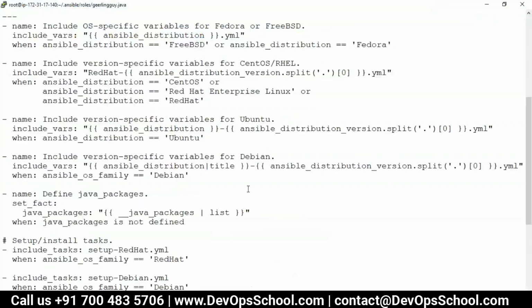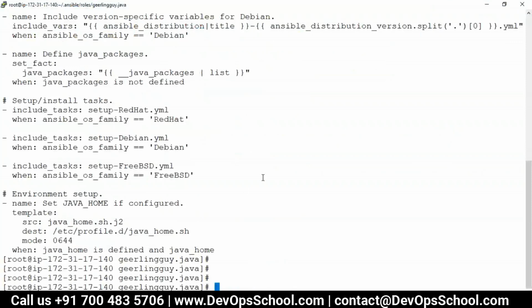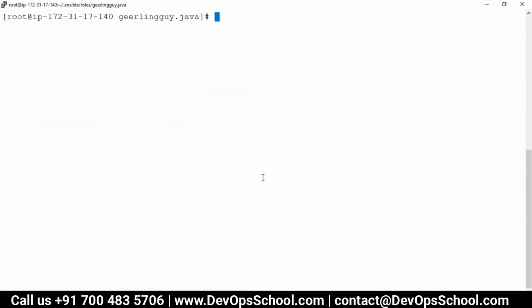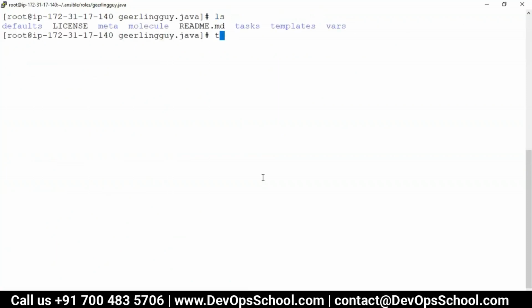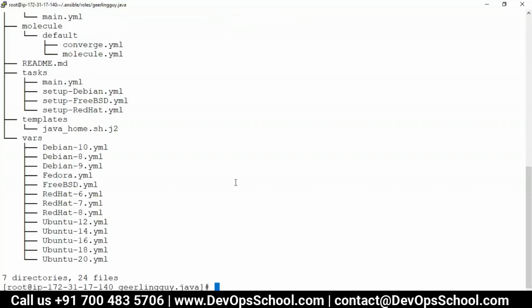If you want to change the Java version from 1.8 to 1.7, where would we change that in the roles? Yeah, so this answer you have to think and tell me, because if you tell me, I'll be happy. This is the structure, and think and tell me where should you change. Should we change in task? No. Why task? I could see somewhere else in that different versions based on the Red Hat versions. Yeah. That's where we should change.